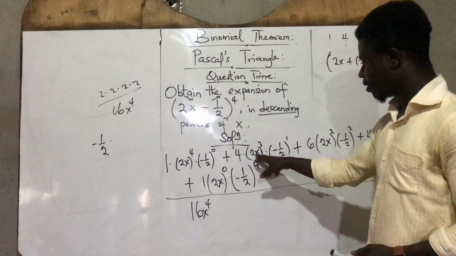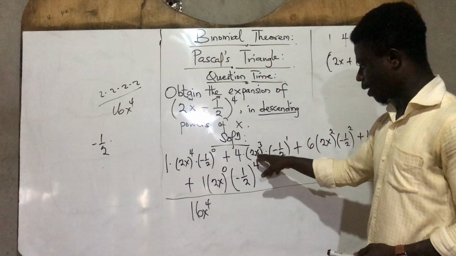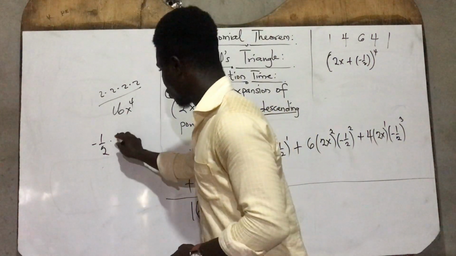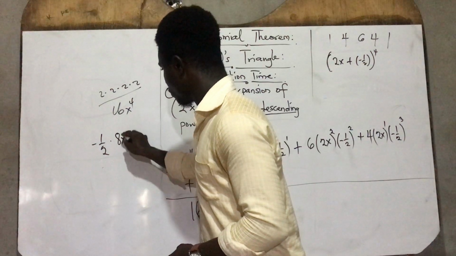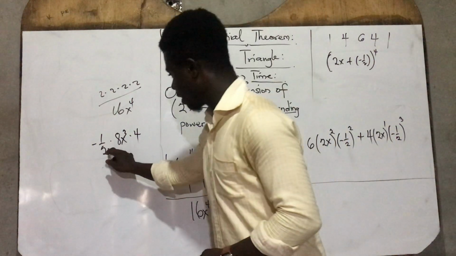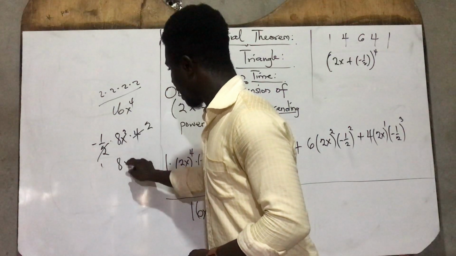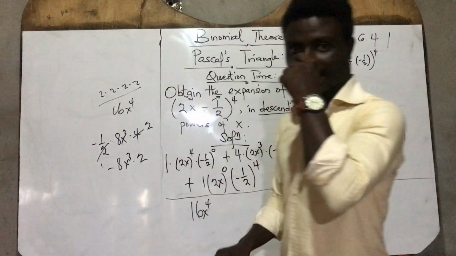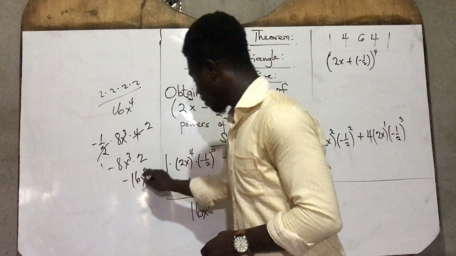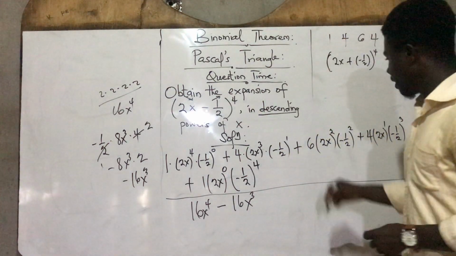Here is negative half times here 2 to the power 3, because 2x all to the power 3 means 2 to the power 3, x to the power 3. So which is 2 times 2 times 2, right? Which is 8. So I get 8 times x to the power 3. Then times 4. Right. So I can cancel 2 here, 1 to 4, which is 2. So I have 8x cubed times 2. Then I have my minus, right? So minus 8 times 2, which is minus 16x cubed. Then plus